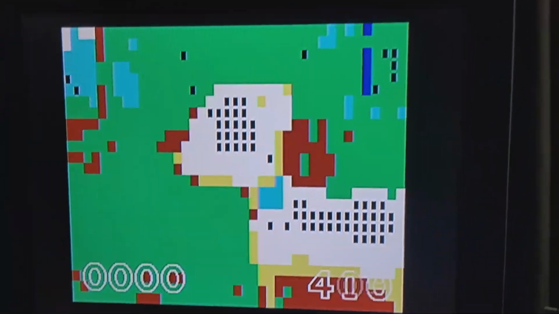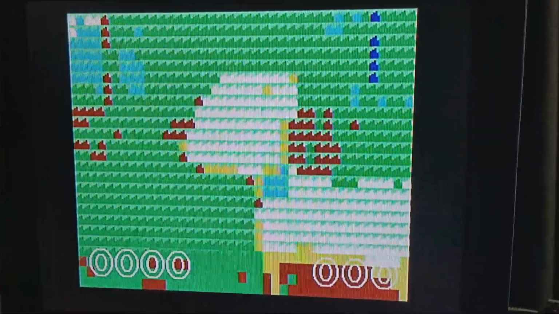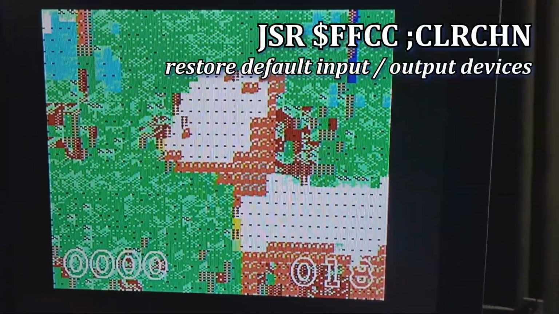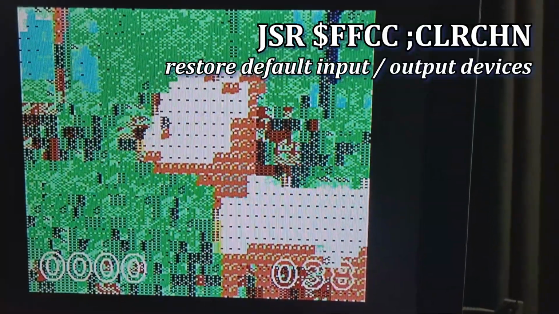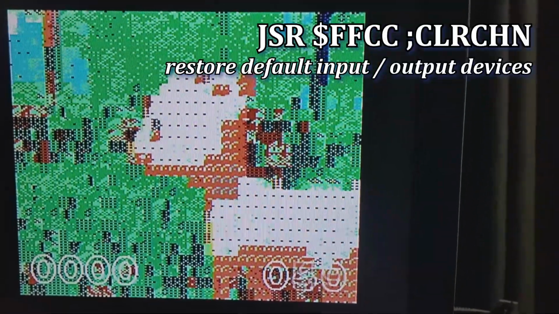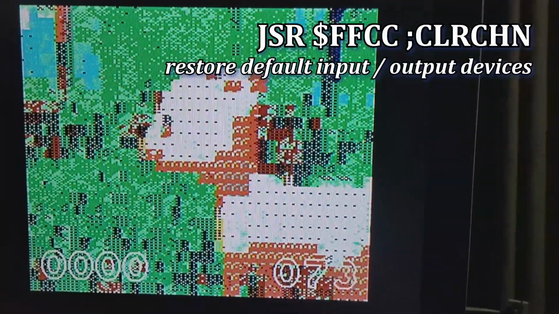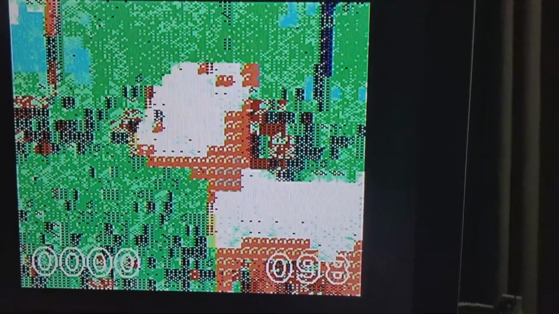Ay, ay, ay. So I don't understand serial disk access very well. This time around I added a JSR clear channel FFCC after I'm done loading or saving portions of code. But that worked fine when I had Jiffy DOS in place, but on this one it's choking, so maybe this will be the solution. But I'm back down to doing it at 1 megahertz, so there's no bloody point. But I want to see if I got this down, at which point maybe I can turn this thing on and power through it.